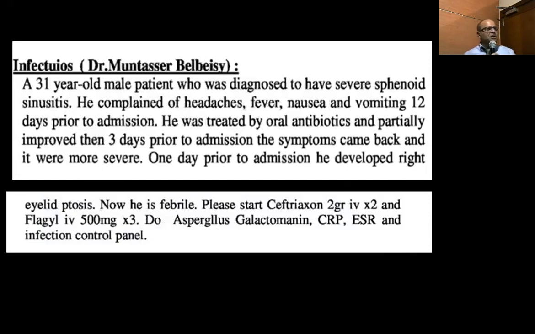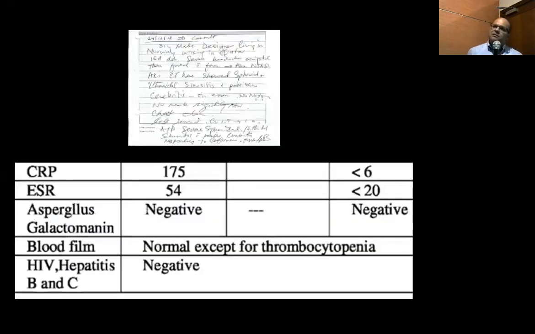What is Aspergillus galactomannan? It is part of the Aspergillus cell wall, and we look for that antigen in body fluids. We can look for it in the serum, in the CSF, or in the BAL, to give us an idea if the aspergillosis is invasive. If it is positive, it helps to make the diagnosis. If it's negative,